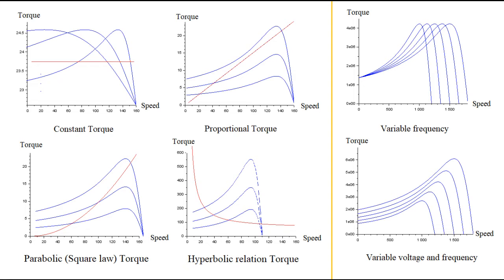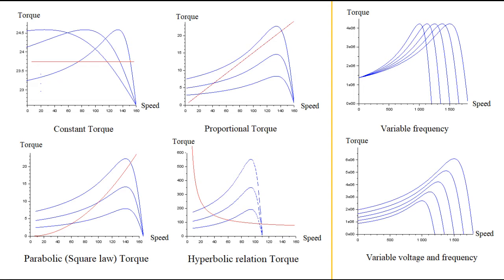If this characteristic is superimposed on the induction motor's characteristics, then we see a different situation of interaction between load characteristics and motor characteristics. From the slide for proportional load speed characteristics, we see that for all initial speeds, the full voltage motor's characteristics torque is higher than load torque. This ensures that speed will keep on increasing until the point of intersection. And this point of intersection is a stable point where load torque and motor torque are equal.